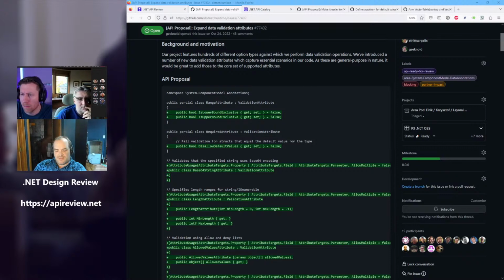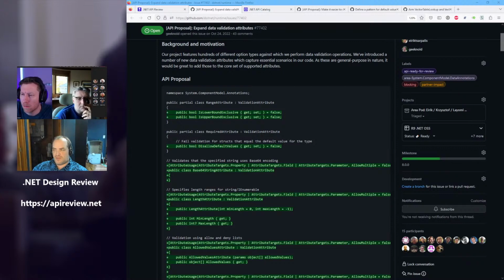If disallowed default values is false, that's what we already do today. Yeah, for reference types. And I'm guessing we could. Sorry, go ahead. But so this would be a breaking change then, for structs. Only if the users opt into that flag.